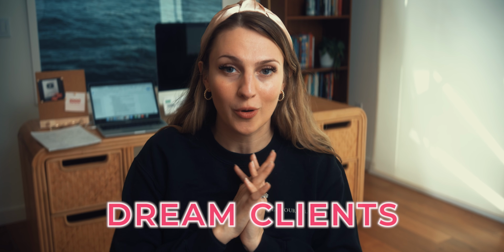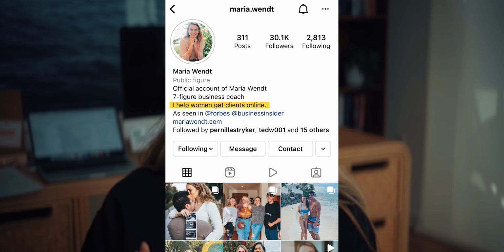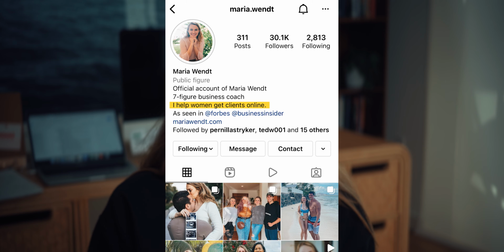So it's super important that you nail and properly write a really good I help statement that clearly explains what it is you do and shows people why they want to work with you. In case you don't know what an I help statement is, it's essentially a sentence that says what it is you do. So an example of it is, I help female entrepreneurs get more clients. That is my I help statement.